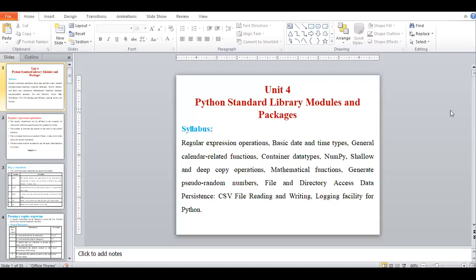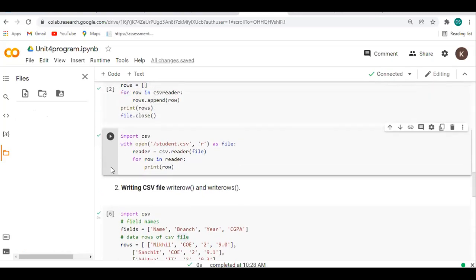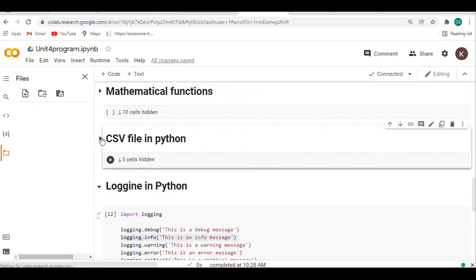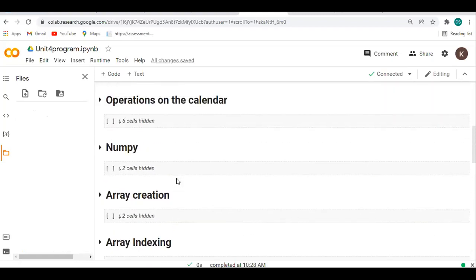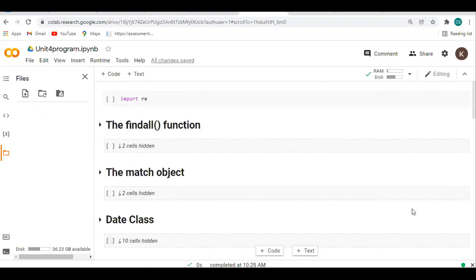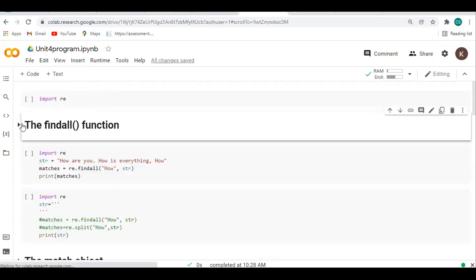In the next lecture, if I get the next lecture, then we will start with the fifth unit. In the fourth unit, I will share all the files with you, related to the operations and programs we performed. But I don't want you to copy all the programs as they are.